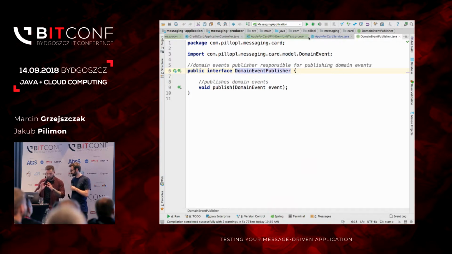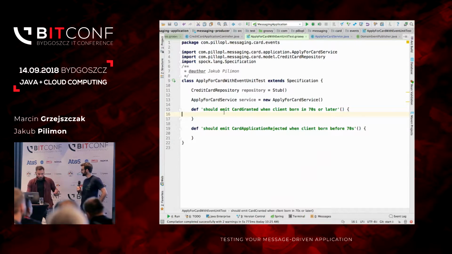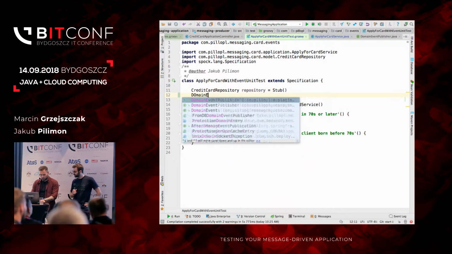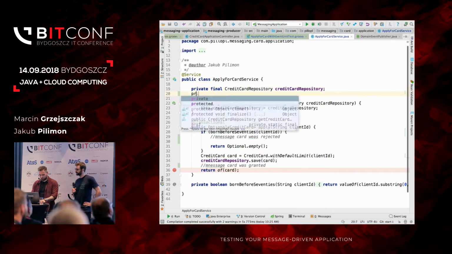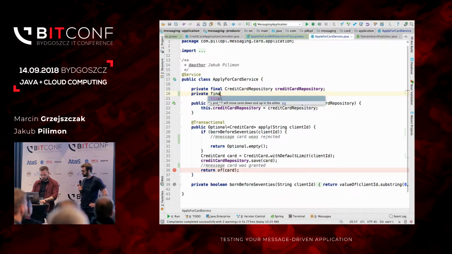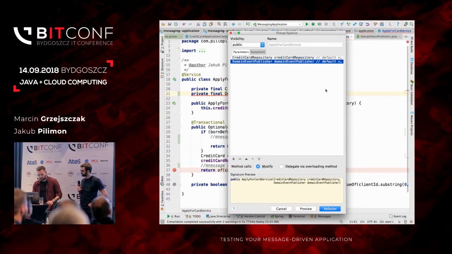All right, so there is this interface we are going to interact with, and I want to test this interaction in my test, right? Let's do it. To test the interactions, to verify whether something was called, we can use what? A mock maybe? Yeah, we can use a mock. So I will need a domain event publisher mock. I will call it publisher. It's going to be a mock. We have to inject our mock and our repo in here. That means we have to add our publisher here too, right? Sure. Private final DomainEventPublisher. Let's call it domainEventPublisher. Makes sense.